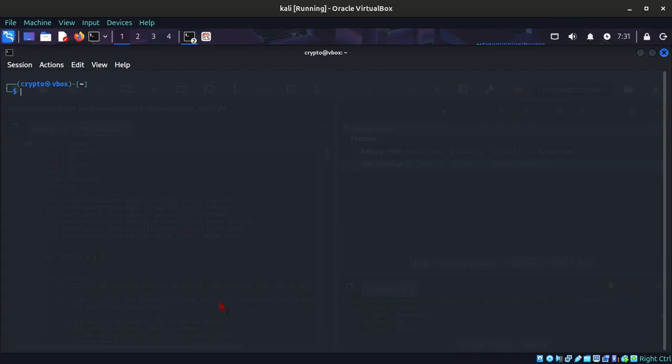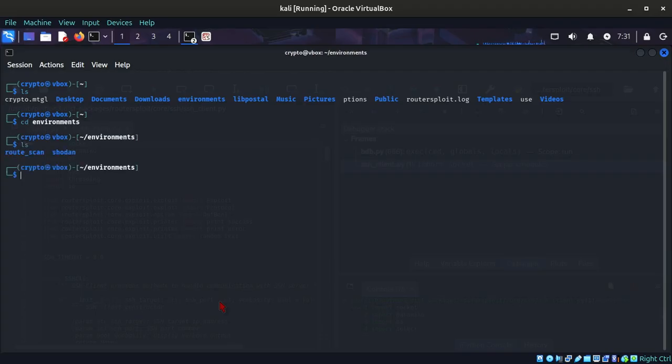The first thing we want to do is create the environment. So let's do this. What do we have? We already have a directory called environments. So what do we have in there? Okay. So what we're going to do is make a directory and call it routersploit. Now we're going to change directory into